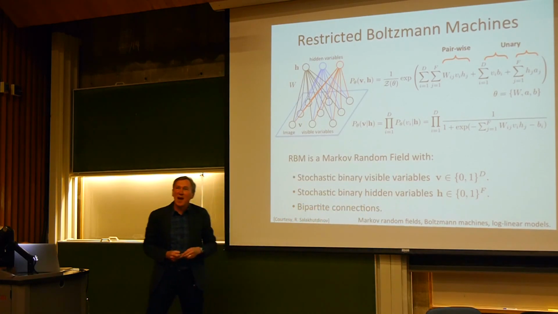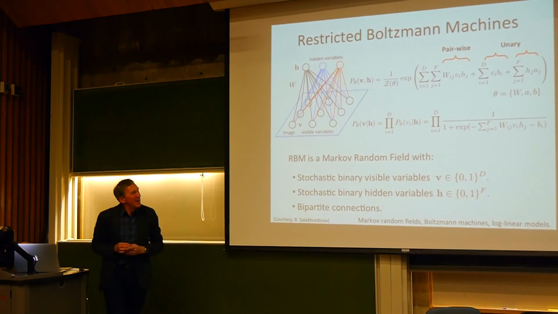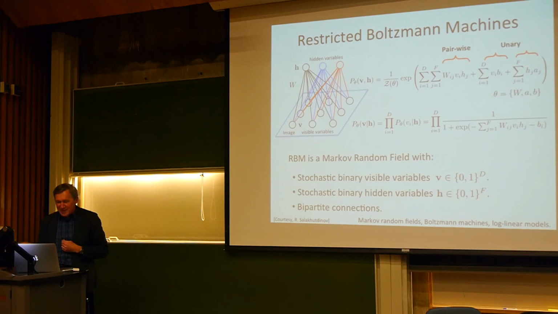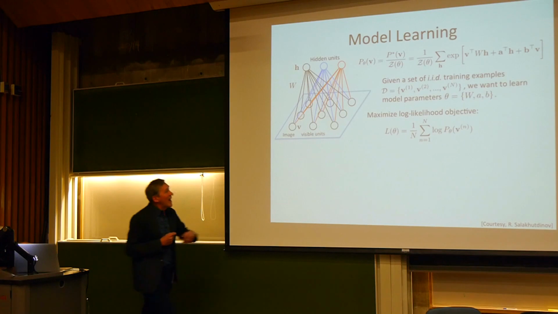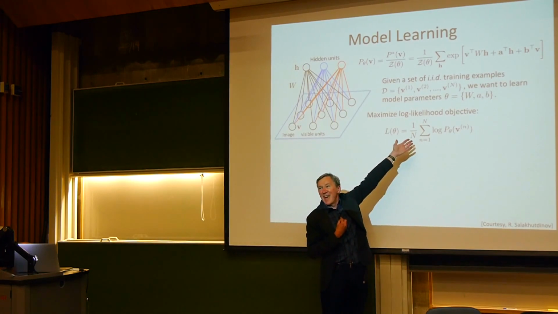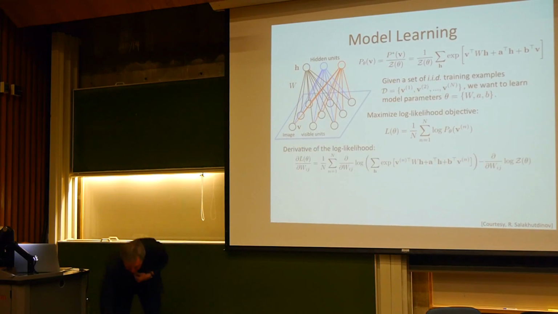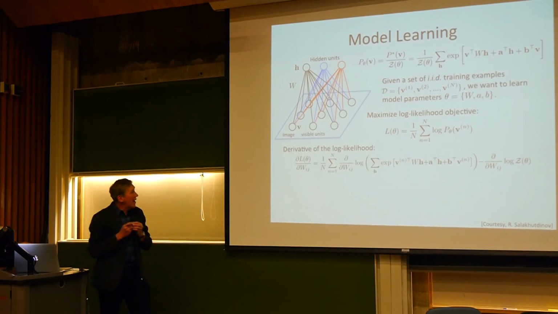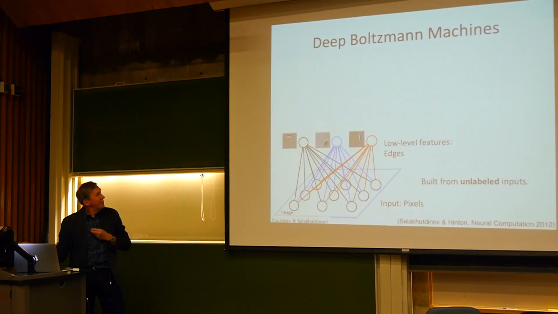We're not going to have enough time in 10 minutes to talk about the details of this distribution and how to do the reasoning. But I just want to point out that there's a probabilistic interpretation. And if we want to train the network, we can ask our favorite question, the one we always ask, which is how do we get maximum likelihood estimates for the parameters of this network. We can write down a formula for the likelihood. We can get the derivative of that likelihood with respect to the different parameters and do a gradient descent strategy to optimize the parameters.